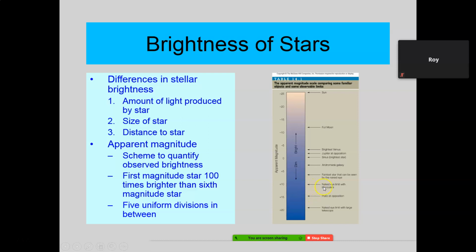Even with the best set of binoculars you can buy, you'll never see it. Okay? Pluto's way out there. Now with a large telescope, you can see out to about 19 or 20 apparent magnitudes. Of course, you can see anything up here, but everything's bled out by the moon.